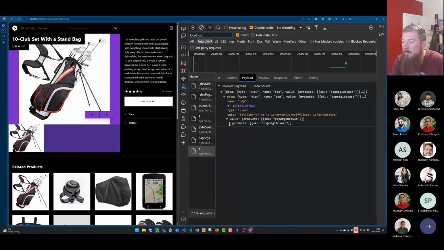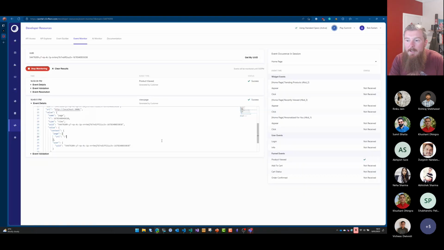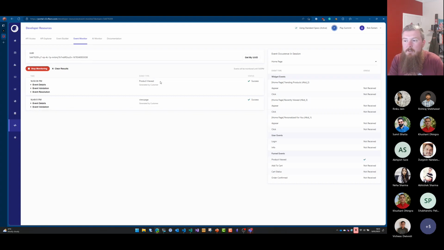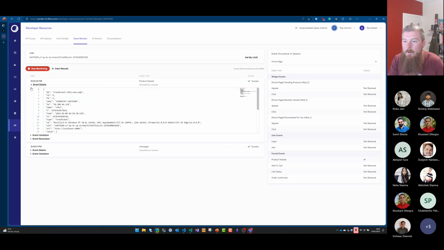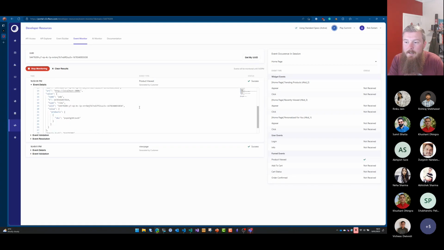We can go and we can expand this out again, and we can see all the data that we passed in. That's the SKU for the product. You can see it matches the SKU in the header there in the URL. Again, we can go back to the CEC, and we have another event in here. We can see my user viewed a product. We can go and expand our event details, and again, we get all the data here. So you get this really nice debugging experience, allowing you to dig into what your users are doing on the